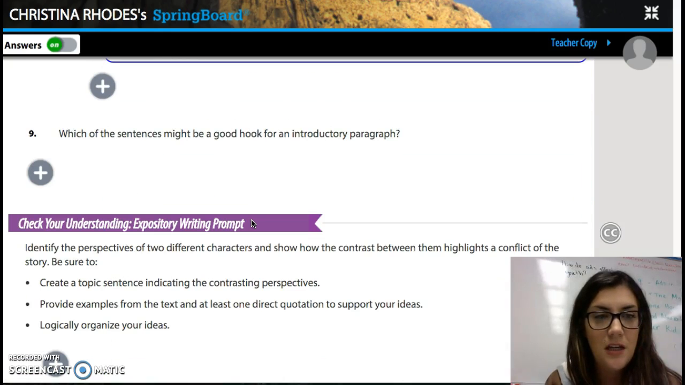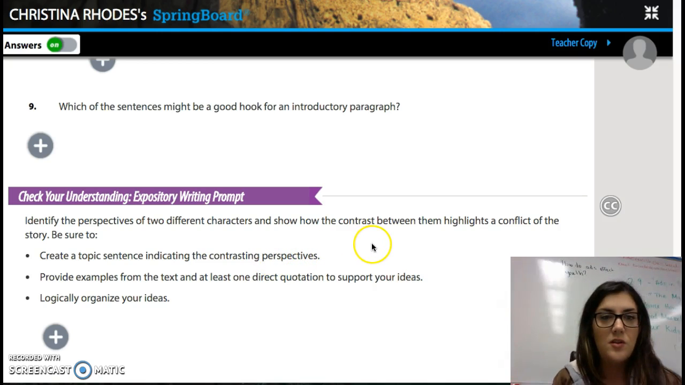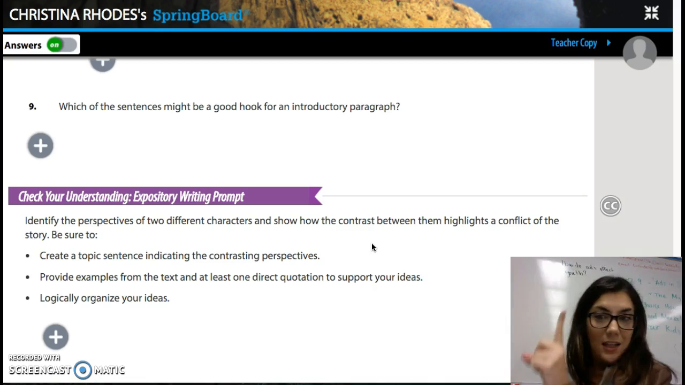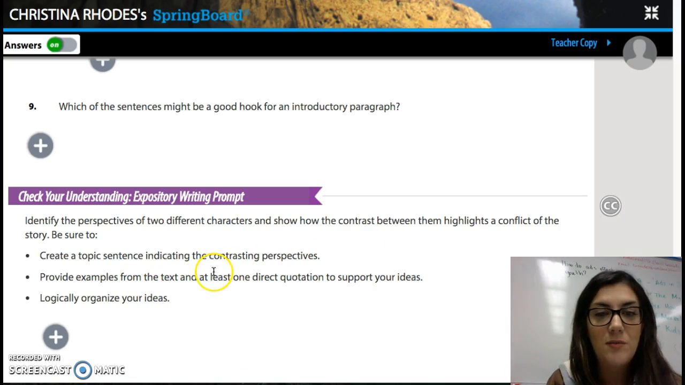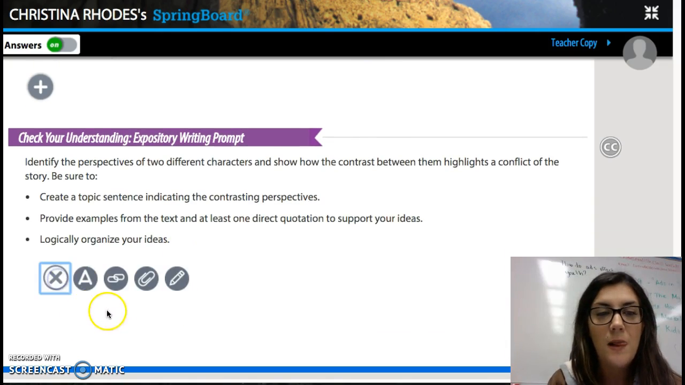Okay, moving on. At the bottom you have a writing prompt. It says, identify the perspectives of 2 different characters and show how the contrast between them highlights a conflict of the story. Be sure to create a topic sentence indicating the contrasting perspectives. So you have to have a topic sentence obviously introducing 2 characters, indicating one perspective and then the other person's perspective. Provide examples from the text and at least 1 direct quotation to support your ideas. Logically organize your ideas. This is just a quick writing prompt, so we are going to write 1 paragraph,